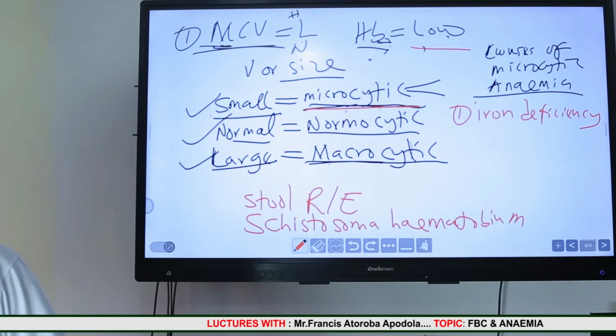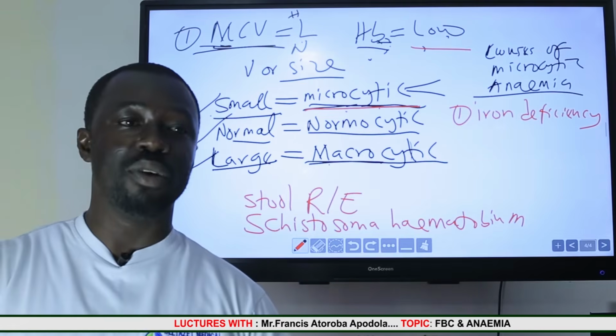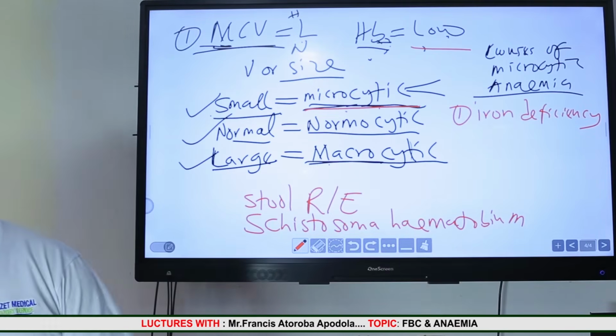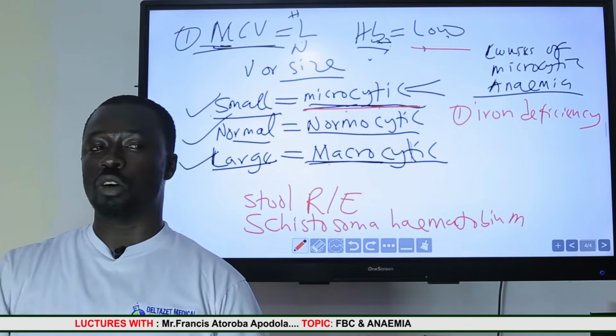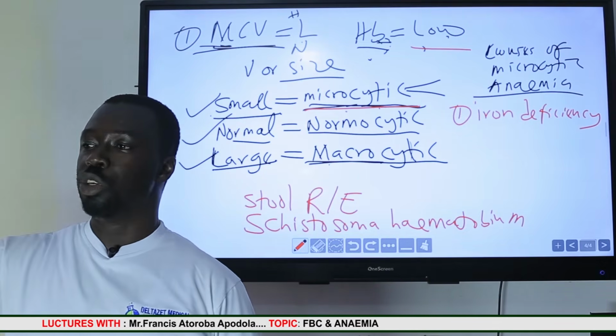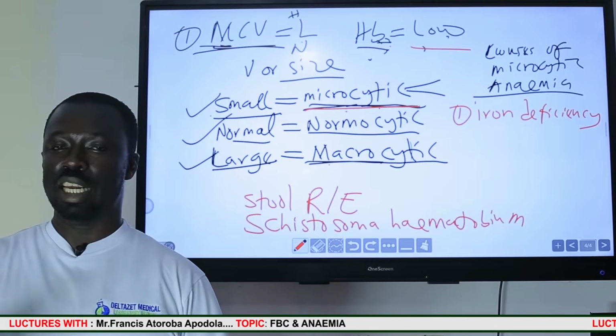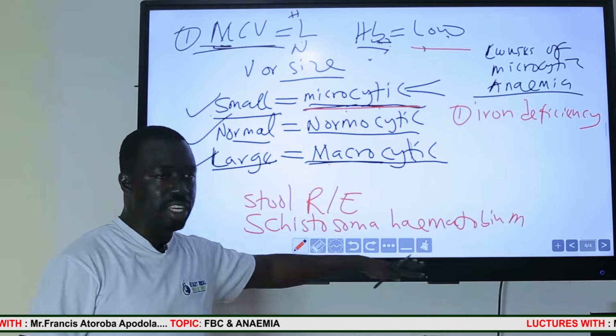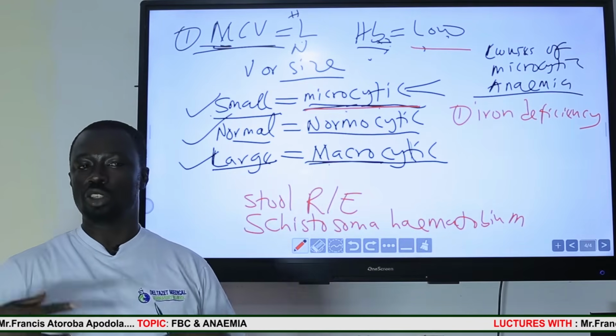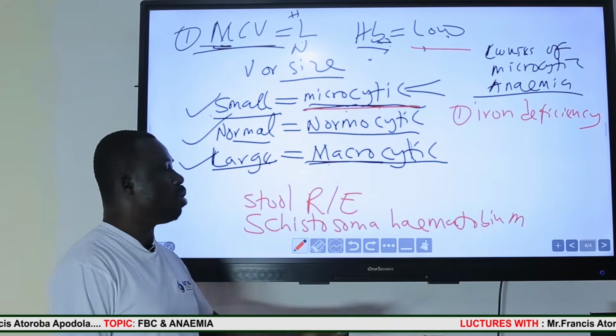So you do urine RE. So urinalysis will solve the problem. If the urinalysis reveals that there are a lot of ova of Schistosoma haematobium, you give the drug for the Schistosoma haematobium, you destroy it,